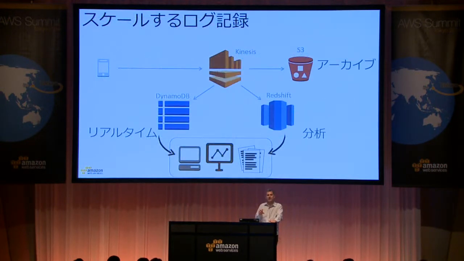And this is why a very popular architecture, very simple, it's oversimplified in this case, involves Kinesis as a log capture hub, where logs are ingested directly into Kinesis at very high scale. Kinesis will hold those logs for 24 hours in a stream that can be subscribed to by other services. So instead of having data flow from one tier to another, it's now available to all tiers in near real